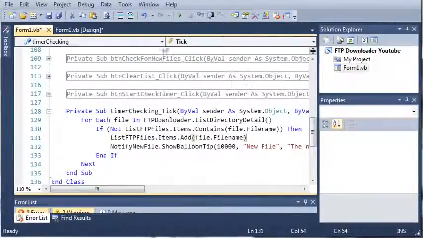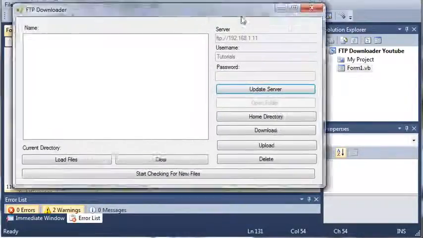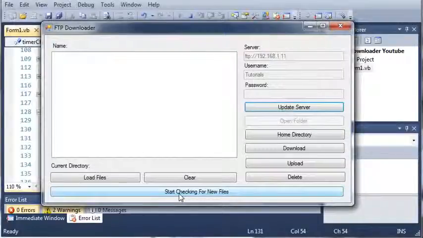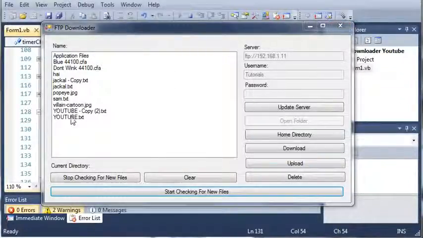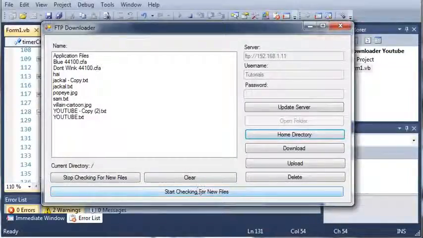Now let's go ahead and run this, and you can see here that we've got start checking for new files. So if I click this, it's going to check for new files. Now that just showed up a whole bunch of balloon tips because it did that for each one of these because it did not contain it. So we'll go to home directory,